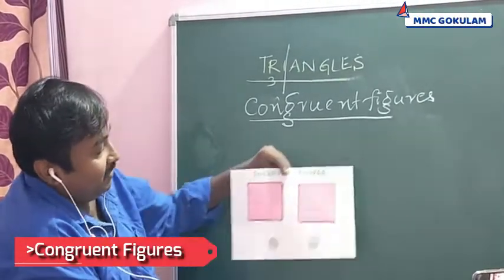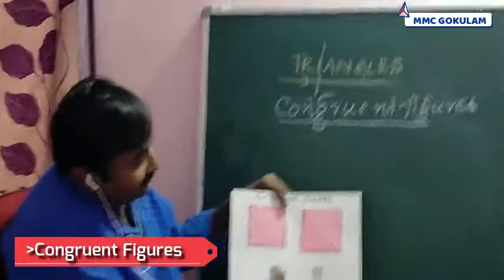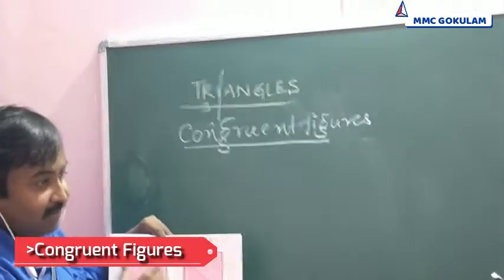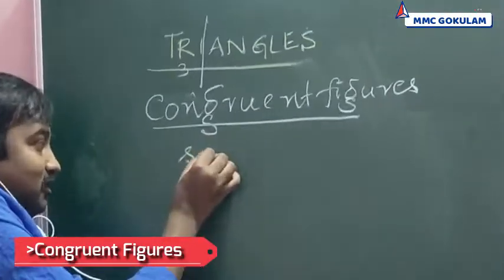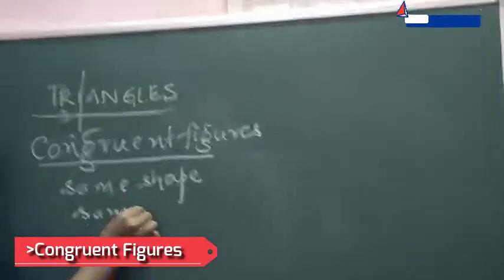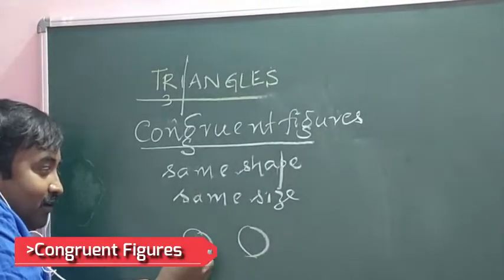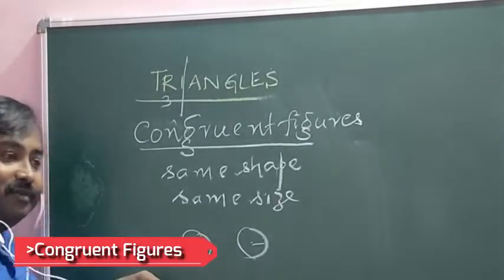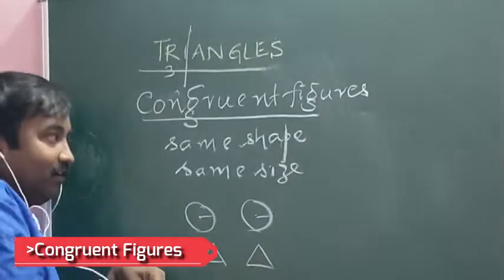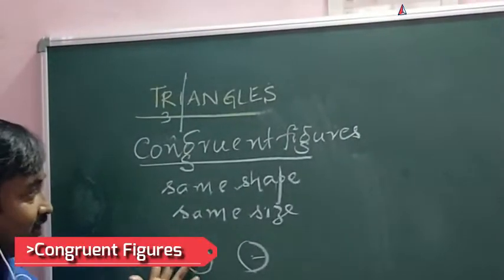Congruent means, see, observe the diagram here. Here it is a square. Here also a square, having the same measurement. Two geometrical plane figures having same shape and same size. For example, a 1 rupee coin, here also a 1 rupee coin. Radius is 2 centimeters, here also radius is 2 centimeters. And triangle, equilateral triangle, the same equilateral triangle. They are not twins, not merely similar; both are identical.